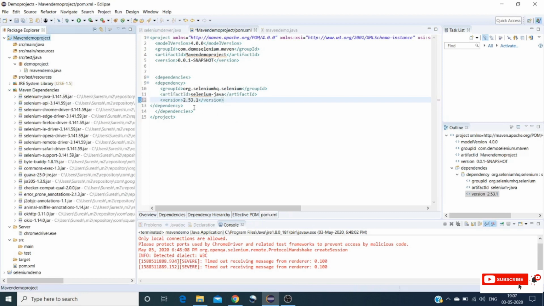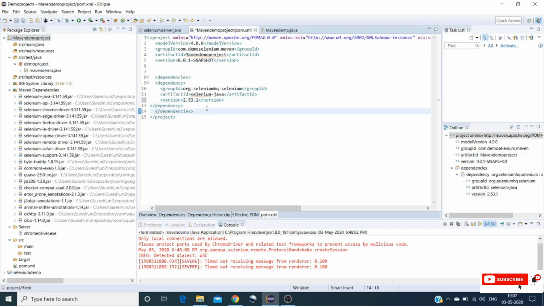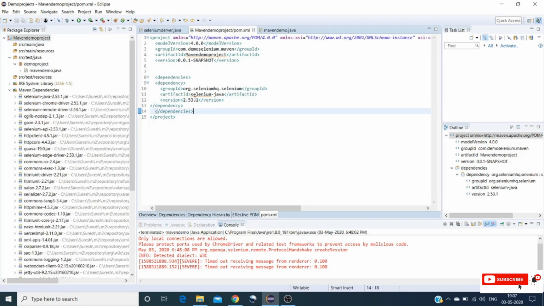Now I have kept the version as 2.53.1. Let me save this pom.xml. Once I save this pom, a server is downloaded and kept in my Maven dependencies, which is 2.53.1.